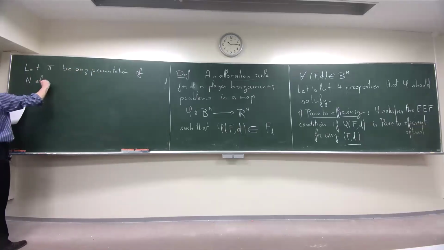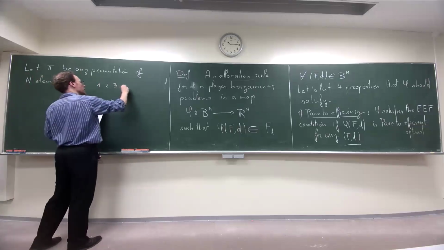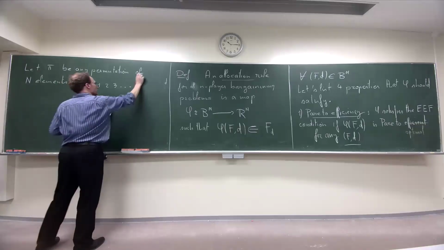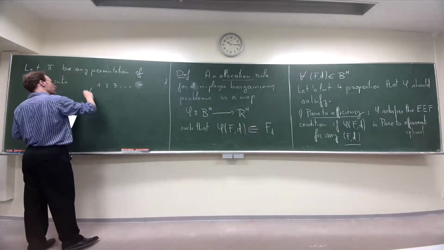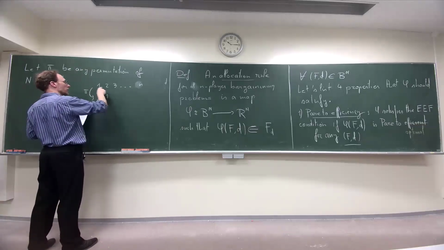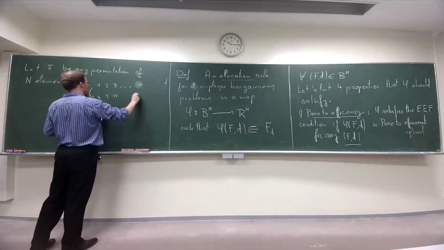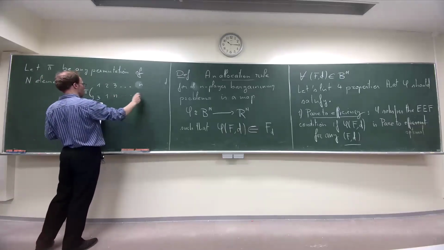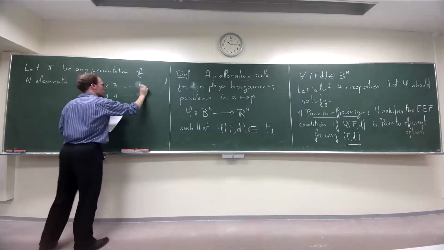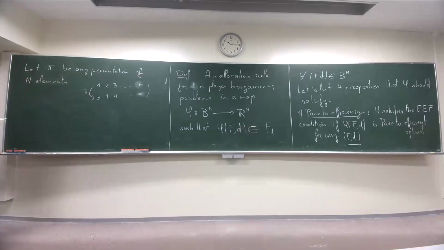You have probably seen a permutation already. You take n elements and you send them by pi. For example, you send the first one to the third one, the third one to the second one, and the second one to the first one. So this is a permutation. I just call pi any permutation of n elements,